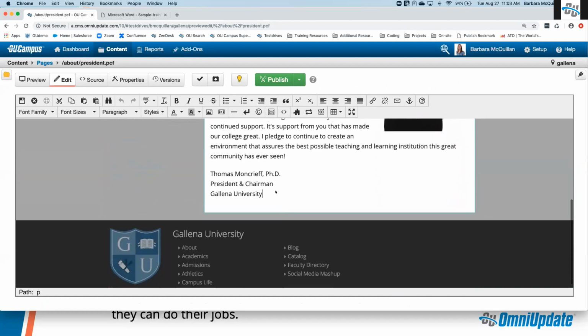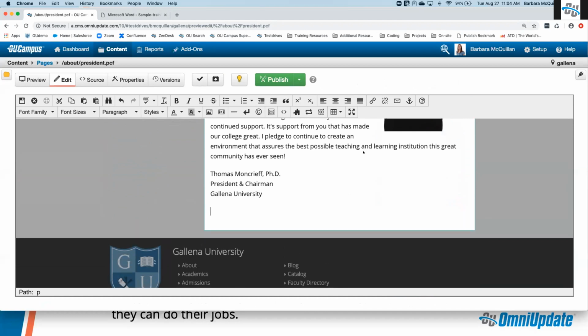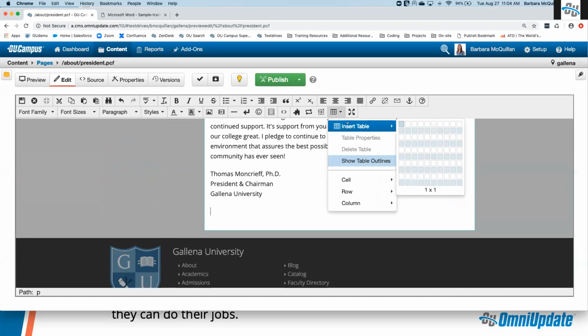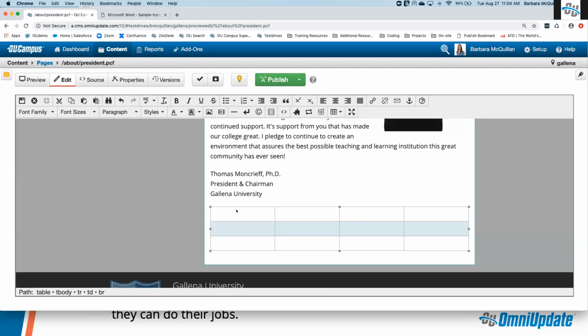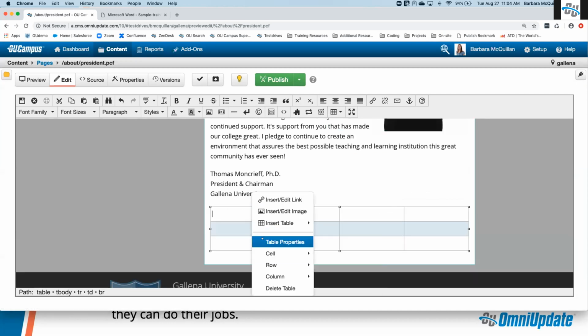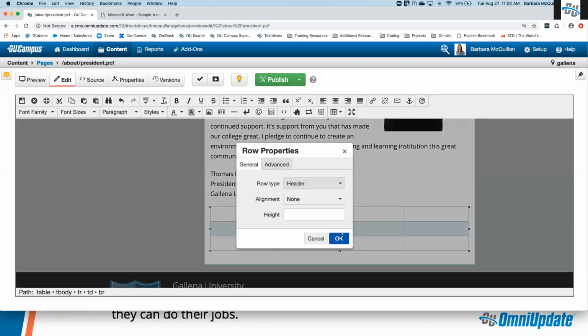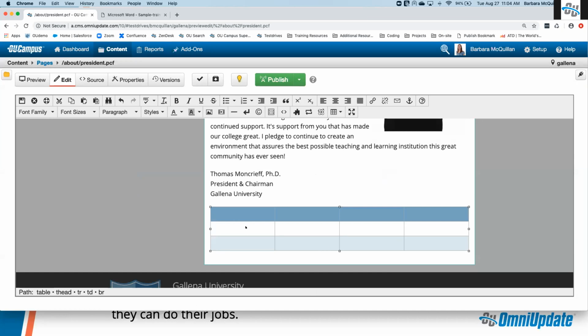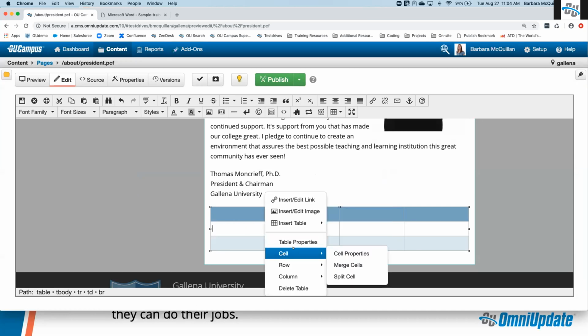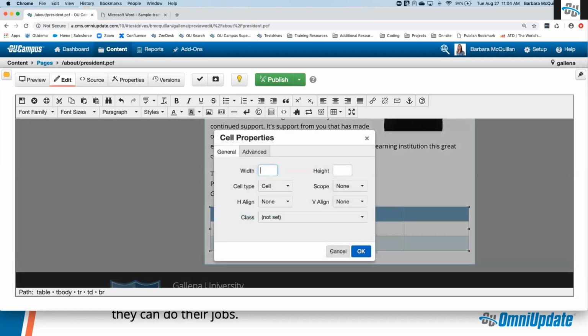But did you know, down here at the bottom, you can also add tables inside OU Campus. So I have an icon in my toolbar that allows me to insert a table. Maybe I want it to be 4 columns by 3 rows. There's my table. Inside this table, I can adjust the row properties. So I can make this particular row a header. So I can do a whole bunch of different things, make adjustments to the cell properties, a lot of functionality